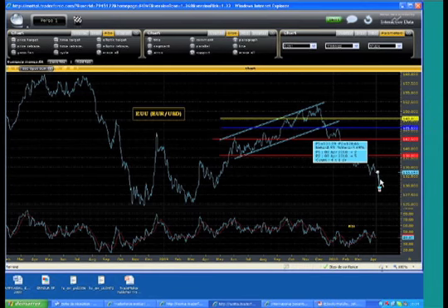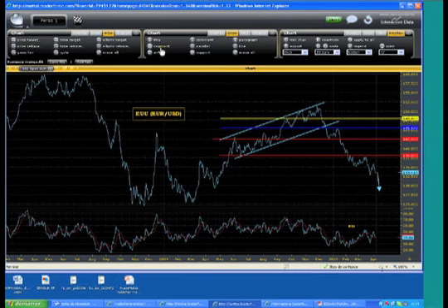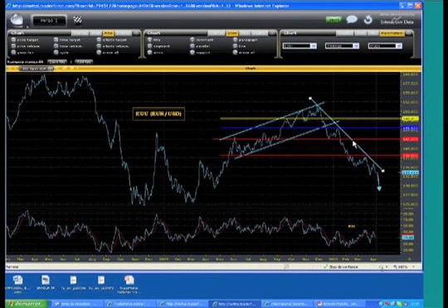So as you can see, our targets were reached. I think the downtrend on the euro dollar is still valid. I believe that the US dollar is still outperforming the European currency. As you can see, the pair is capped by a declining trend line, and we can also draw a bearish